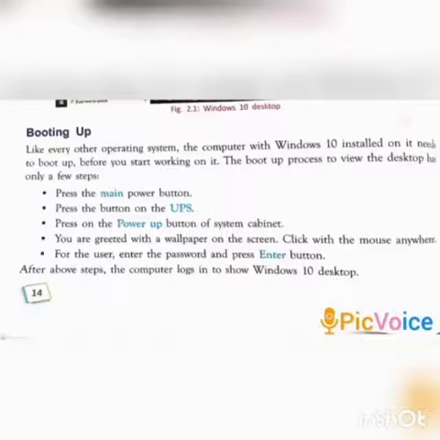First step, press the main power button. Second step, press the button on the UPS. Press the power button of the system cabinet. Then you are greeted with the wallpaper on the screen. Click with the mouse anywhere. For the user, enter the password and press the enter button.